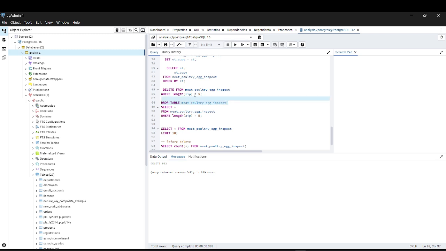Basically, this will completely remove the table, including the schema, so only use it if you want to rebuild it from scratch. I'm not sure if I want to drop the table yet, but it's good to know. So I'm going to run this to ensure